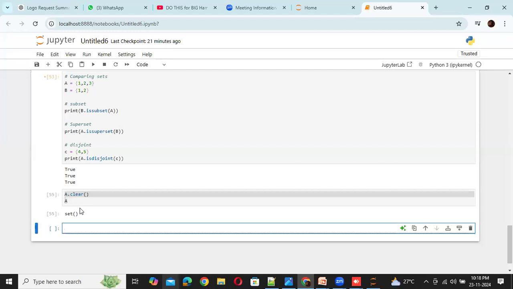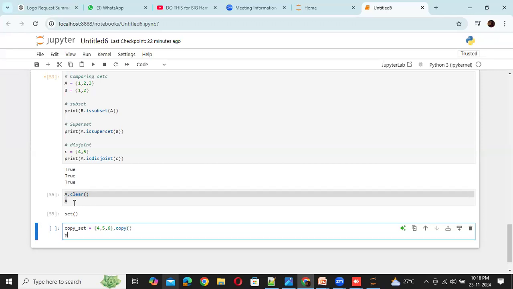And then copy, for example, we can copy a set. copy_set is equivalent to {4, 5, 6} dot copy. Print copy_set.